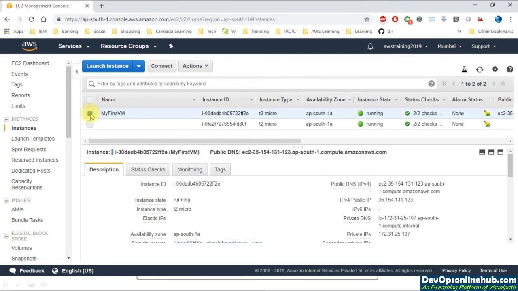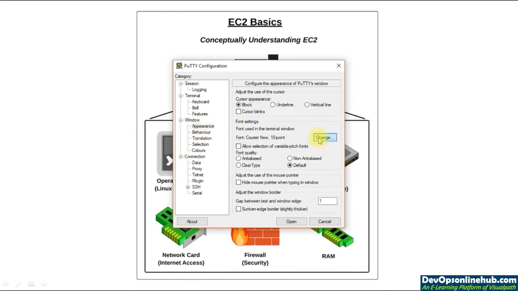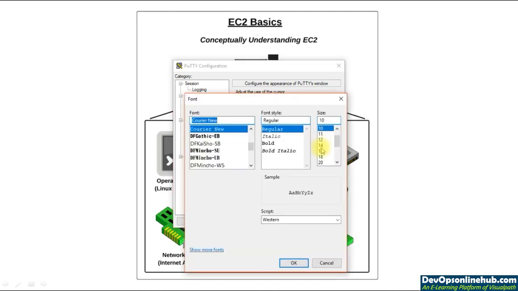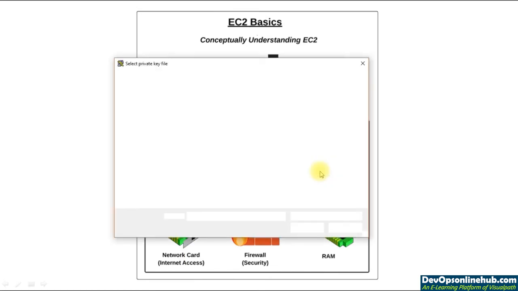This is the virtual machine which we have just created. I'll go ahead and grab the public IP address and put it here. Then in the appearance, I'm going to change the font size so that we will be able to view it better. And then in the SSH auth, I just need to pass this PPK file.